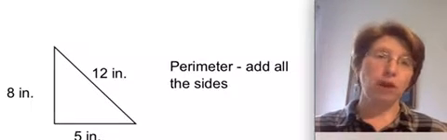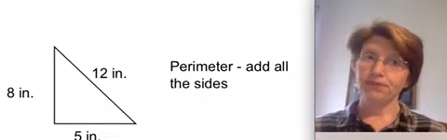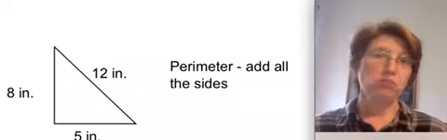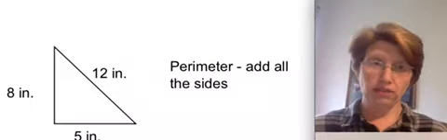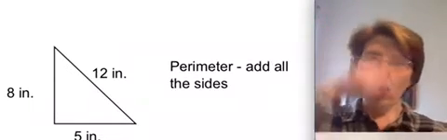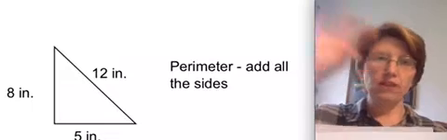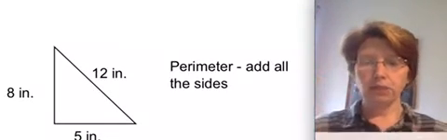We've already talked about perimeter before. Perimeter is what? The distance around a figure. Doesn't change in polygons. Okay, polygons are the same. So we are adding all of the sides, even if they're different. If they're the same, you're going to add all the sides, and that's going to be the perimeter of that